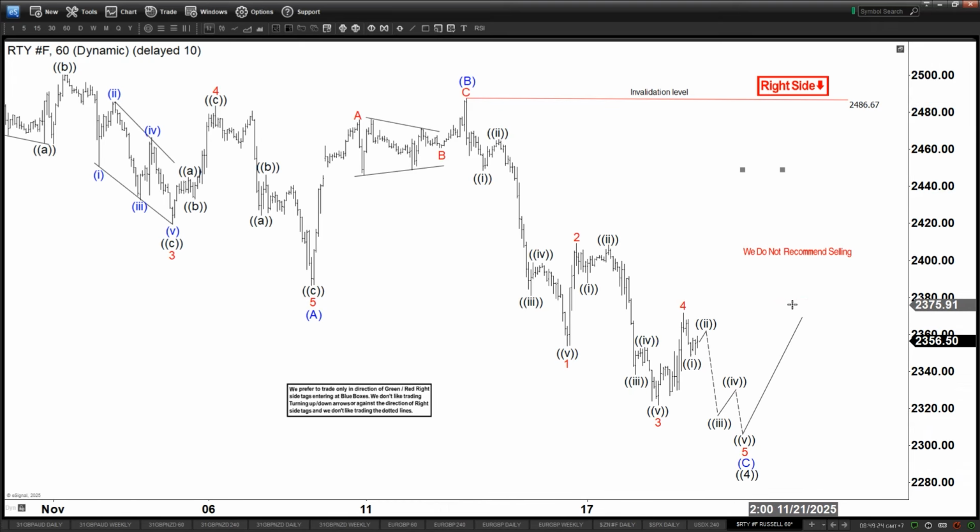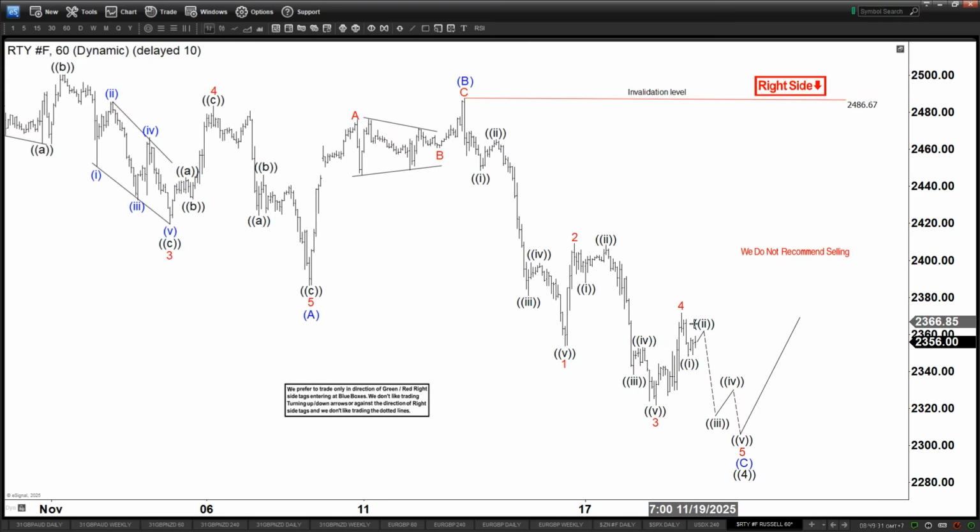Now a couple of interesting things here. The 3 for now is smaller than the 1, which basically means that the 5 should be smaller than the 3, so that it does not violate the rule that wave 3 cannot be the shortest wave. So this needs to be shorter than this, technically speaking, right? So if you do the projection, we're going to be looking for less than 2283, which is the 100%,